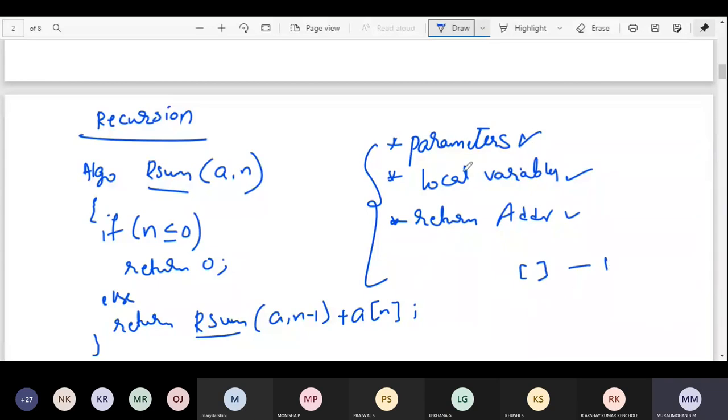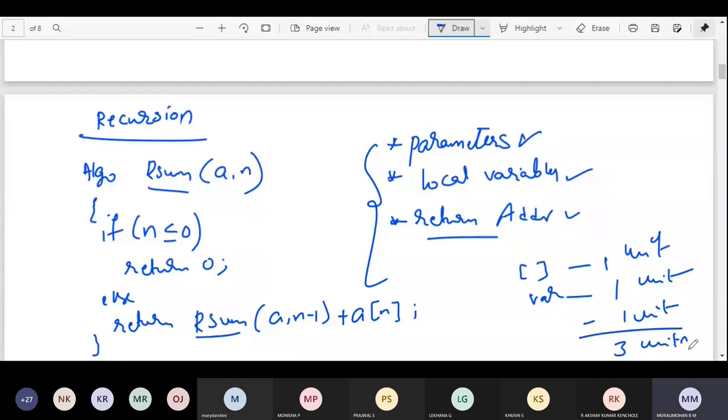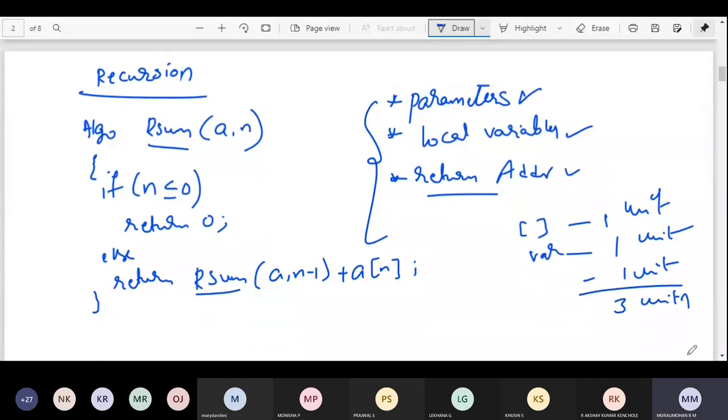Similarly, local variables take 1 unit of memory, and the return address takes 1 unit of memory. So these 3 units of memory are taken per recursive call.